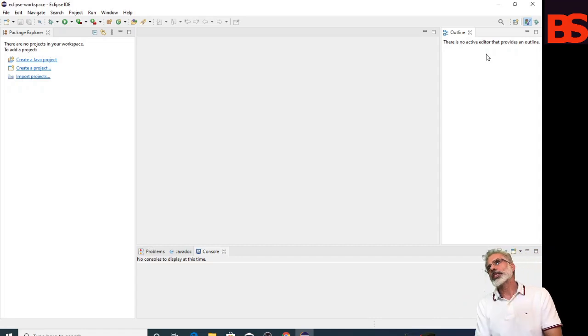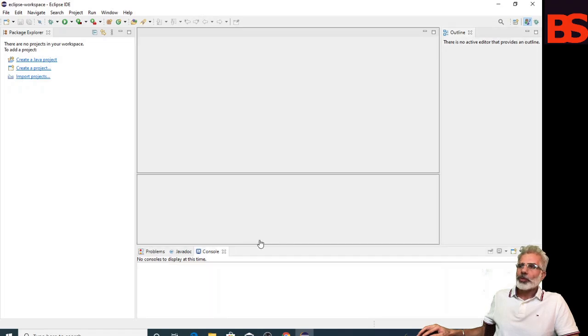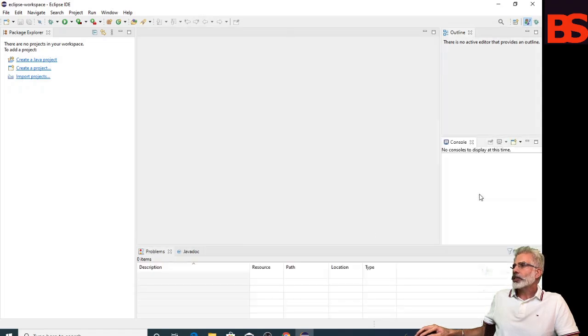Actually you can see the views, toolbar and menu bars available in the Java perspective are not fixed, you can customize them according to your requirements. Like if you want to change the location of the console view, every view is placed in a view folder. If you want to move the console view from this view folder to this view folder, you can left click on the name of the view, drag it and release it.